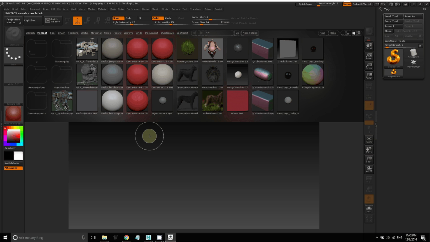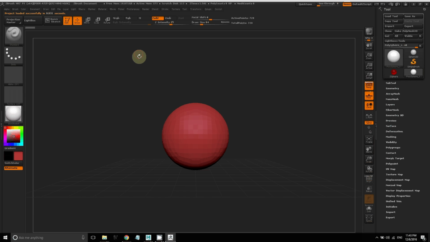So once you launch ZBrush, usually you'll see this light box open up with a lot of preset objects that you can double click on to create. If you don't see it, you can always click on the light box button over there on the upper left to show or hide it. So in today's lesson, we're going to start with Dynamesh 16. We'll just double click on that and create a Dynamesh sphere. That gives us a nice sphere,